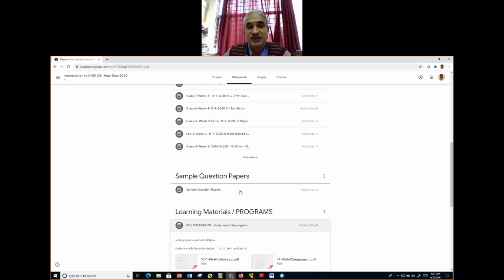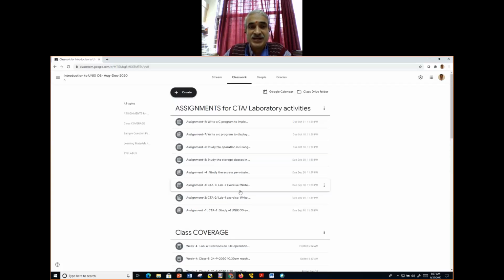I have also added assignments based on those files. Assignment number 6 is the study of file operations in C language. Then assignment number 7 is writing a C program to display attributes of a file. Then assignment number 8 is writing a C program to implement the ls -l command. This is what you'll be doing as a part of Unix operating system.